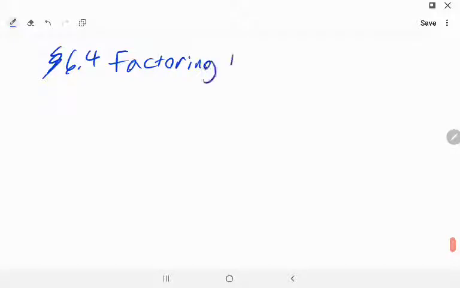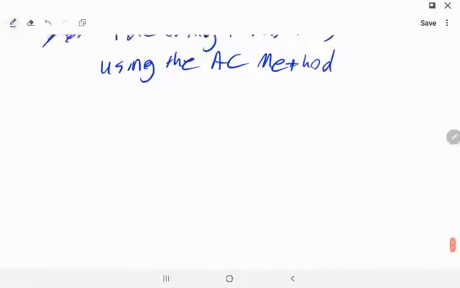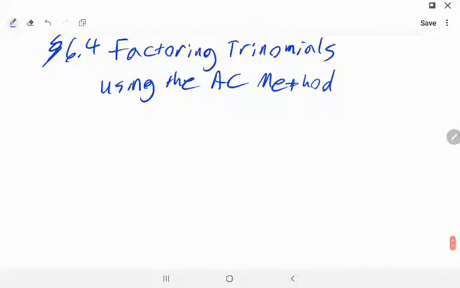Section 6.4 is on factoring trinomials using the AC method. So if we have a polynomial that looks like 2x squared plus 7x plus 6,